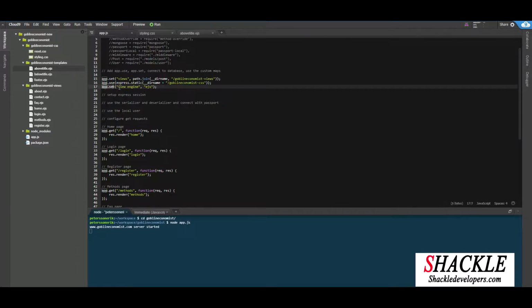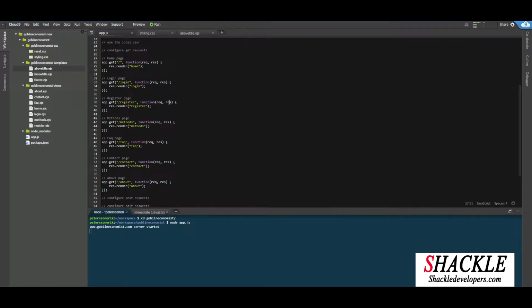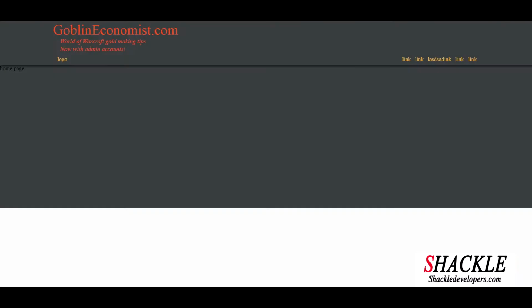And of course, the view engine is EJS. So I've added a few get routes here, which I explained in my documentation video, part 4, the previous part. There's not really much to say, it just listens for /register. So if I would go to